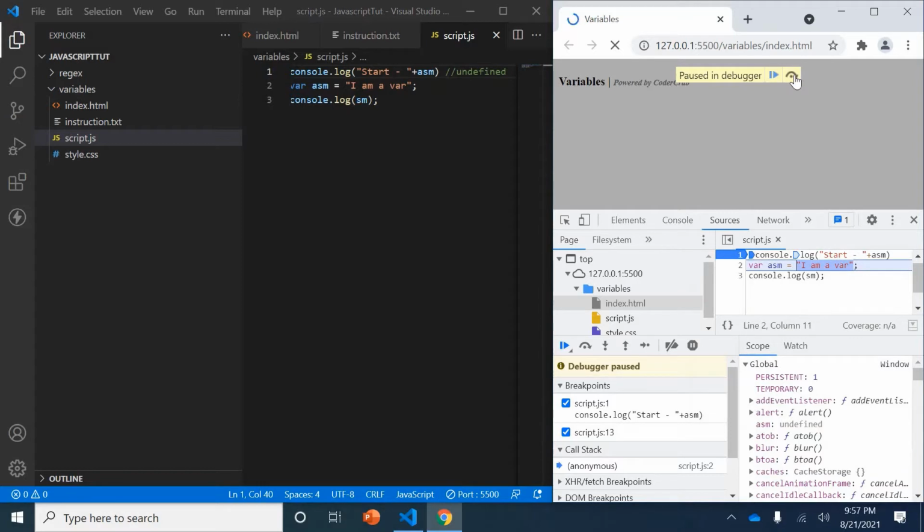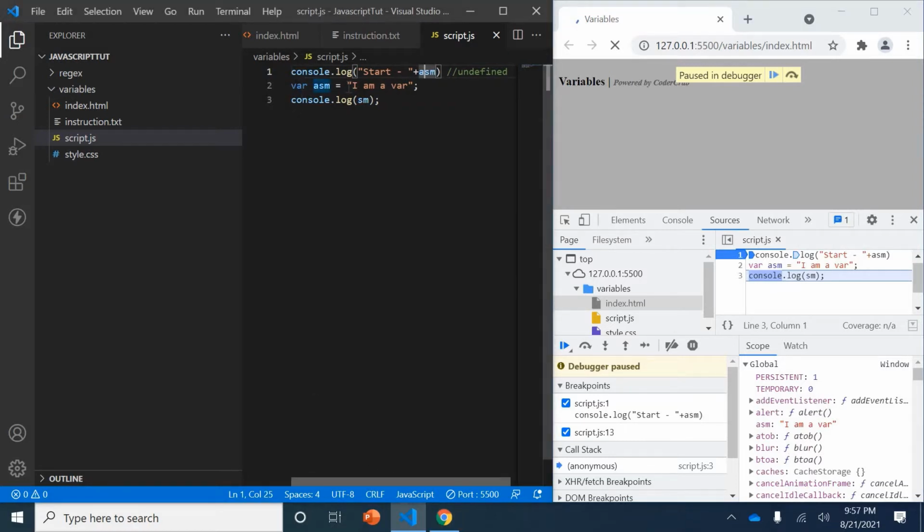Now let's understand by going a little bit ahead. Next line. If I execute this line, asm, you can see I am a var came to this variable. So this global variable has this value. Initially, when it was not initialized, the line knew that there is a variable named asm, but it was not yet defined.